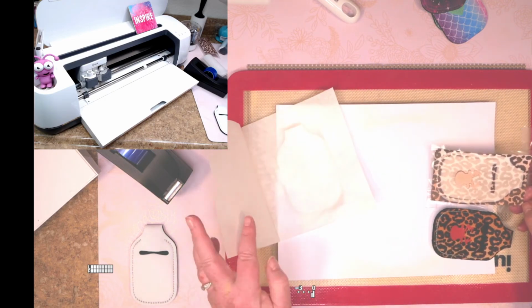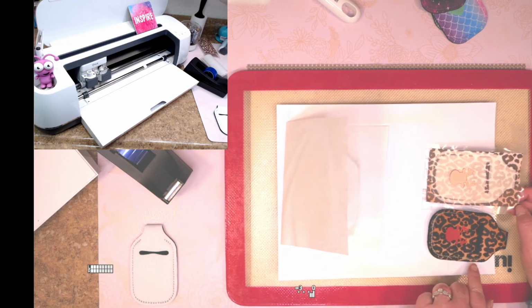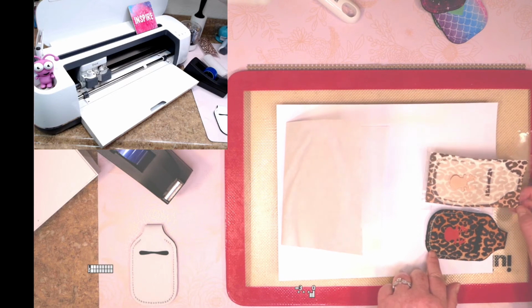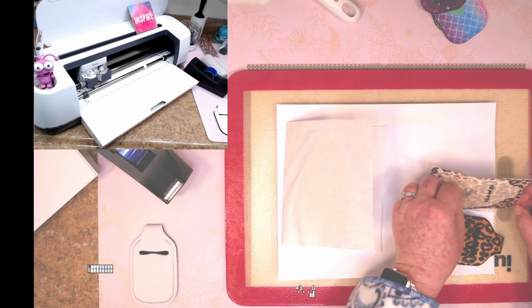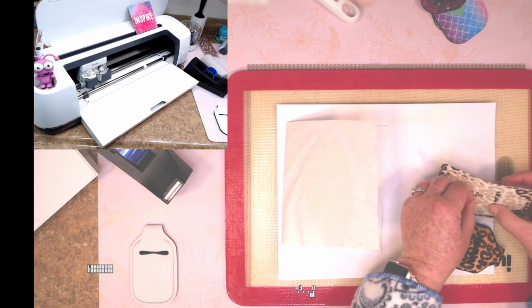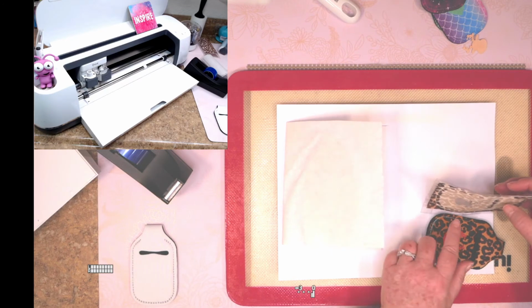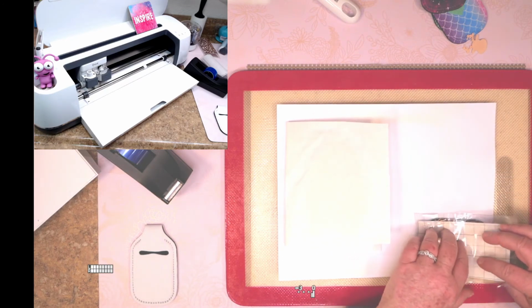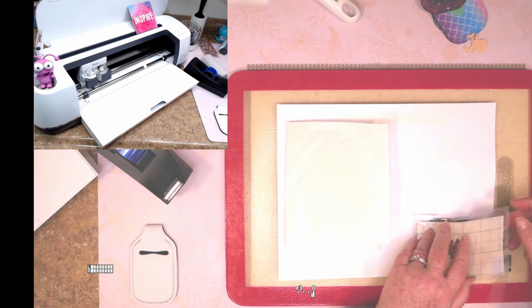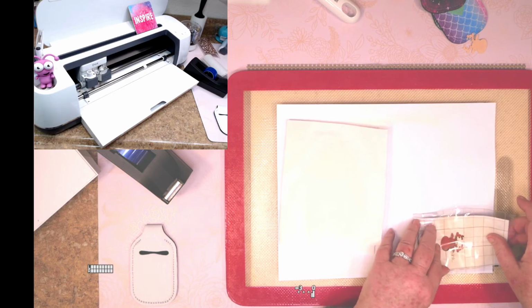Okay, so I want to show you this. If this happens to you, you can see I didn't quite get enough pressure. So I'm simply going to put this right back down. I'm going to remove the reindeer. I'm going to put this right back down and just press a little bit longer. If I can line them up just right,